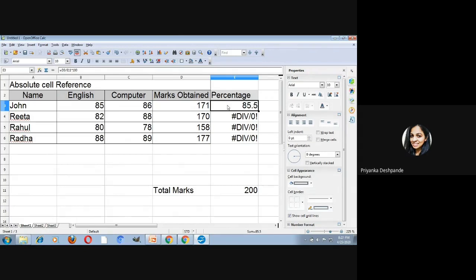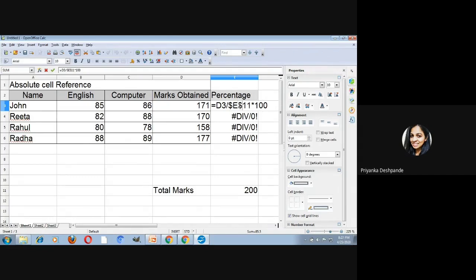To fix the cell, you need to put dollar sign in front of row and column. So let us do it. Row is E, and I'm going to insert a dollar sign over here, and column is E, and row is 11.